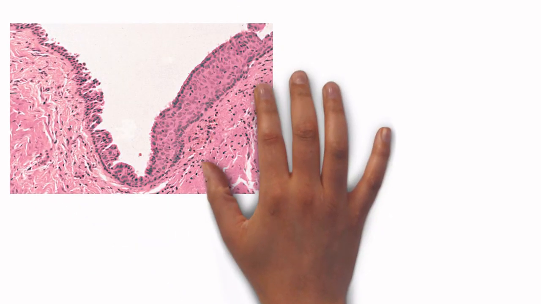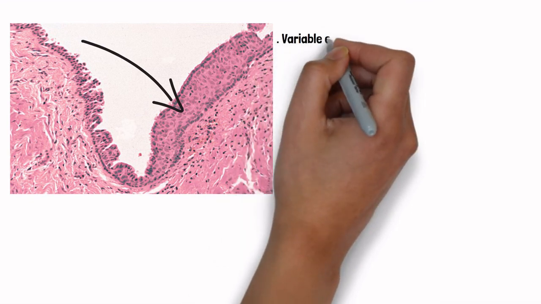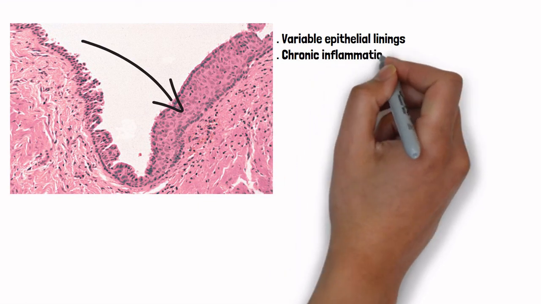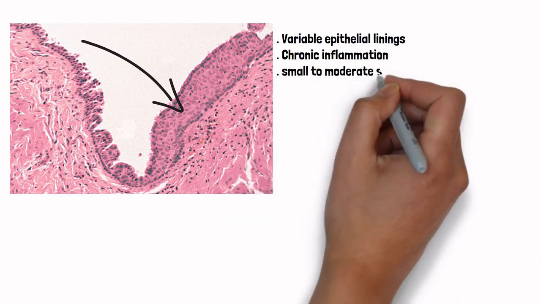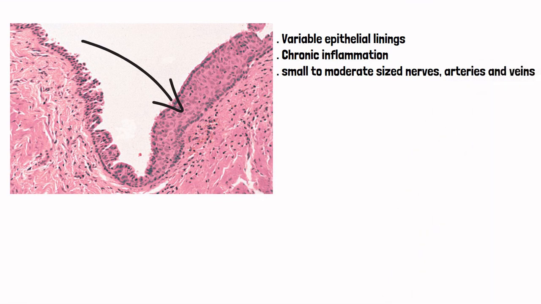And histopathologically, nasopalatine duct cyst shows highly variable epithelial lining. So here is a cystic lining which is pointing to the cystic lining. So this variable epithelial lining depends upon the localization of the cyst. That is stratified squamous, or it can be pseudocolumnar, it can be simple columnar. Whereas the connective tissue will show chronic inflammation, and sometimes even the capsule shows small to moderate sized nerves, arteries and veins because of the presence of incisive canal and incisive nerves.